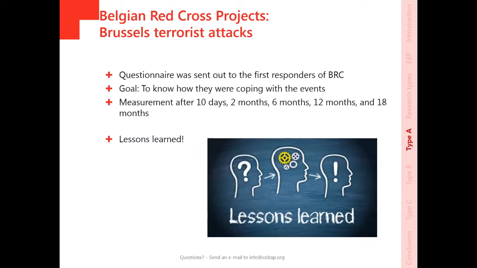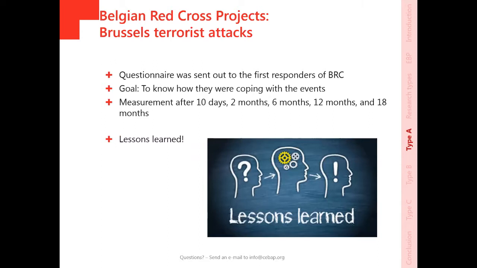And we have learned a lot from this experience. To sum up, we found out that the questionnaire was too long. We wanted to know too much, which is why many people did not fill in the questionnaire until the end. At the same time, we sometimes regret not asking certain questions.